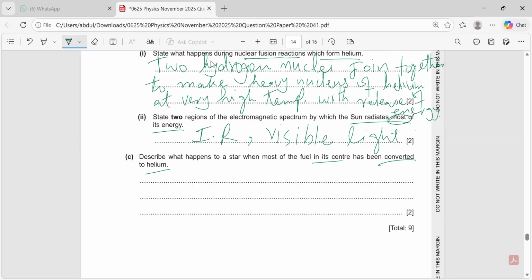So, what happens? The external pressure force decreases, so the force of gravity increases. So, my dear friends, we can say the star expands. Just read the phases of the star: expands